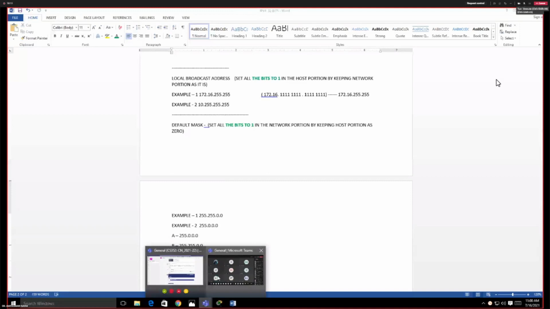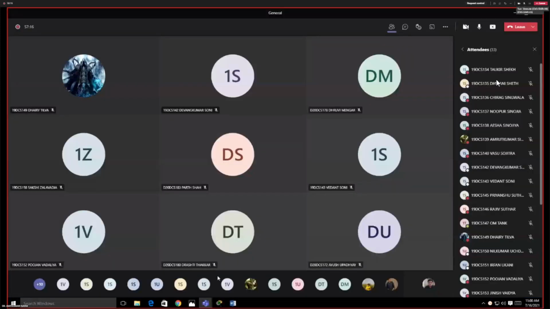So, please write this statement in your notebook, and I will ask anyone from your side to explain it to me. Assume that you are working in lab 1. The statement you have to write is: if you are working in lab 1, which is following network address